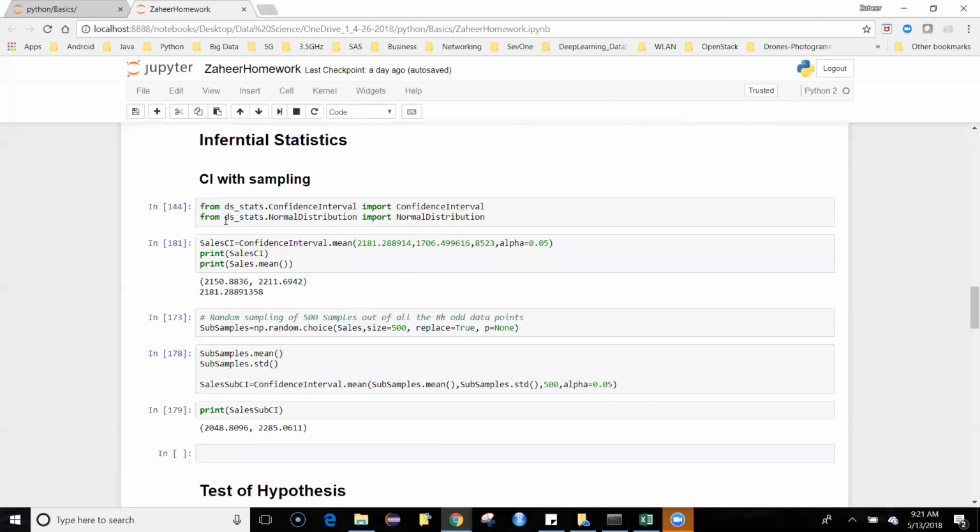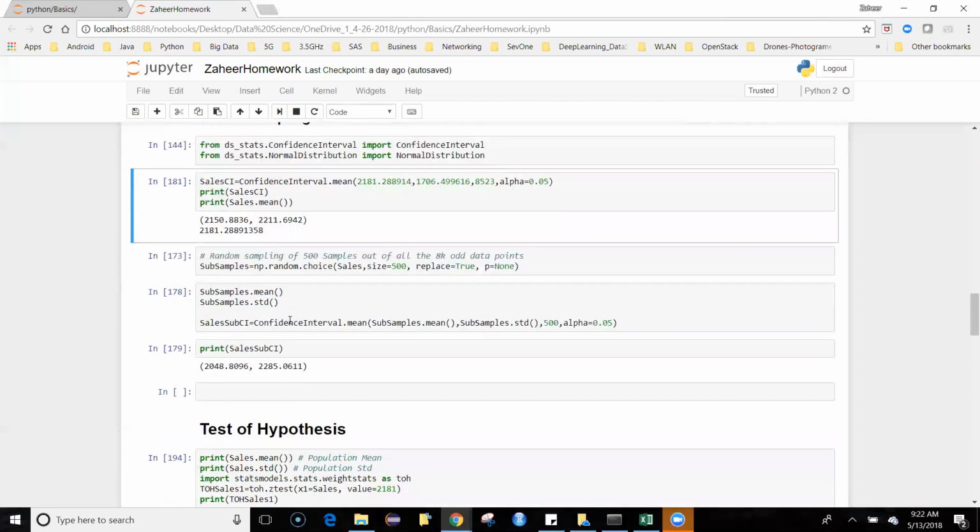One is I did a confidence interval of the entire population. I got these numbers, the confidence interval being 2150 to 2211, compared to the sales mean. Then I did random sampling, about 500 each, and every time I would come up with